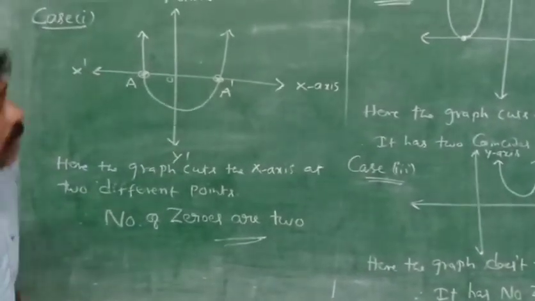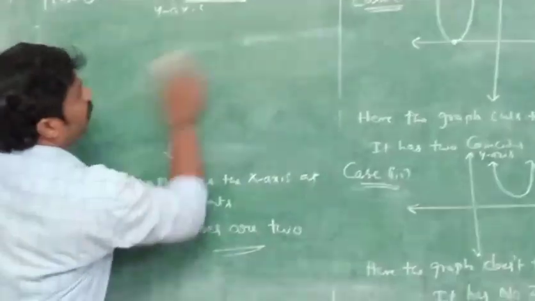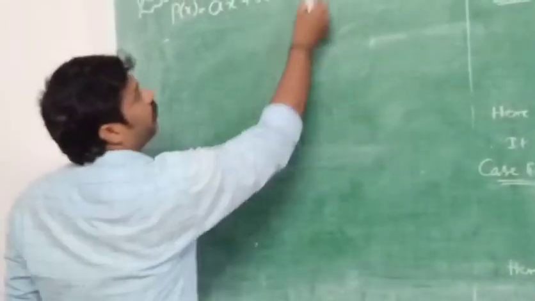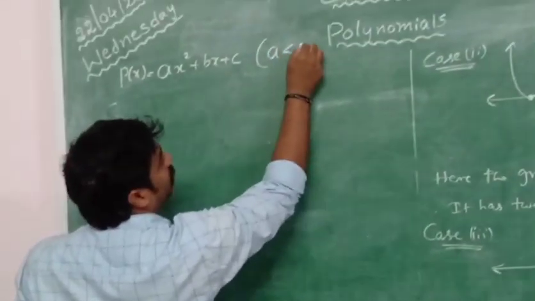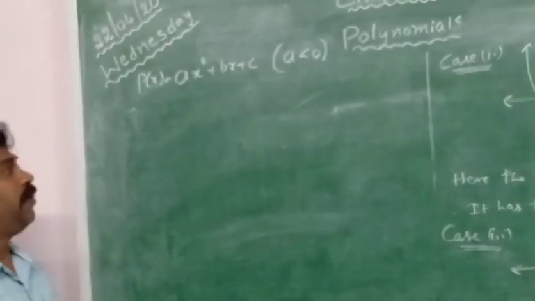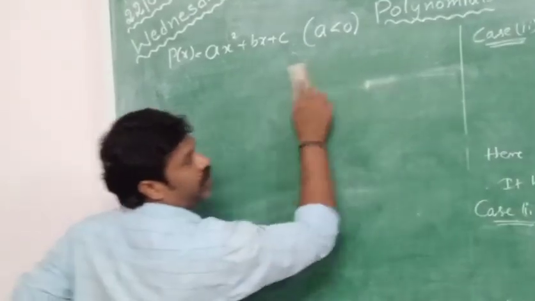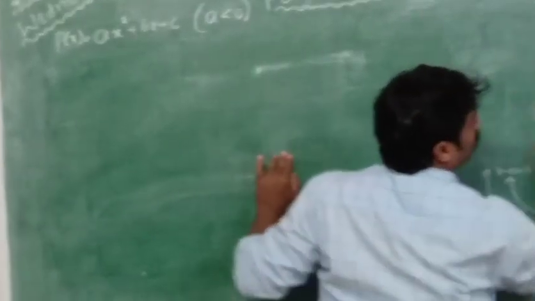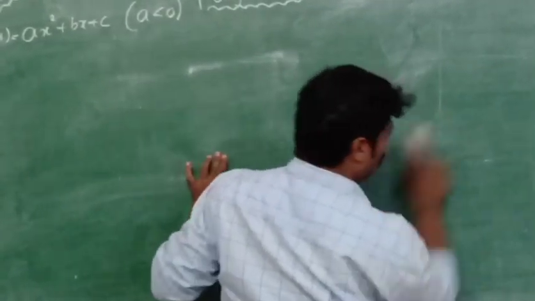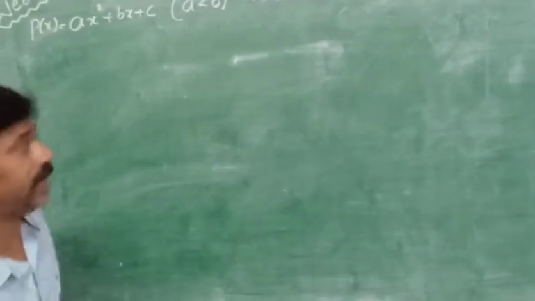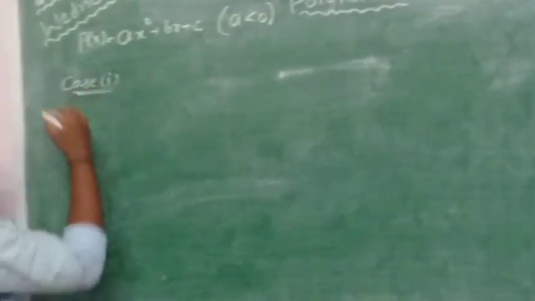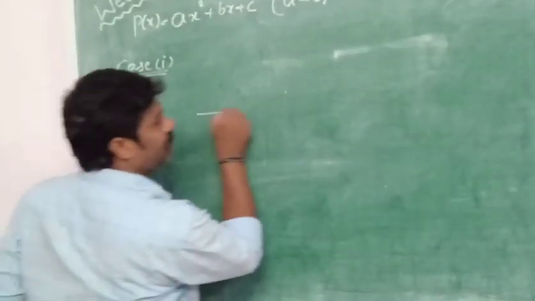And similarly, for the quadratic polynomial, if the value of a, the coefficient of x square, is less than 0, that is, if it is negative, then what happens? So here also we will get 3 possibilities. If you observe the first case, case 1, and if you take x-axis and y-axis,